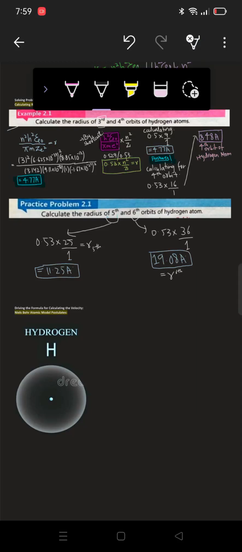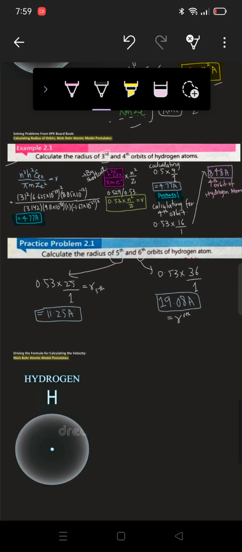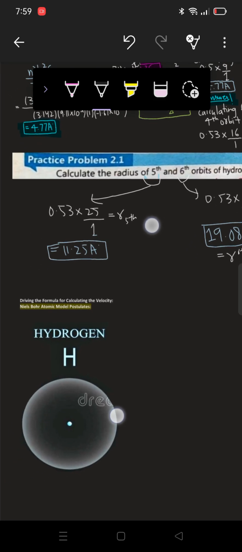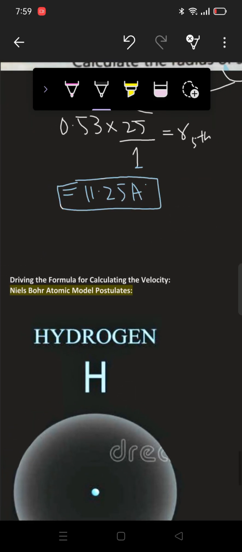In the last video, we calculated the radius of different orbits of the hydrogen atom, right? In today's video, we are going to derive the formula for calculating the velocity as well. That was done by, of course, Niels Bohr, and he used both of his formulas. Equation 1 was mvr is equal to nh by 2 pi, which means angular momentum is equal to an integral multiple of